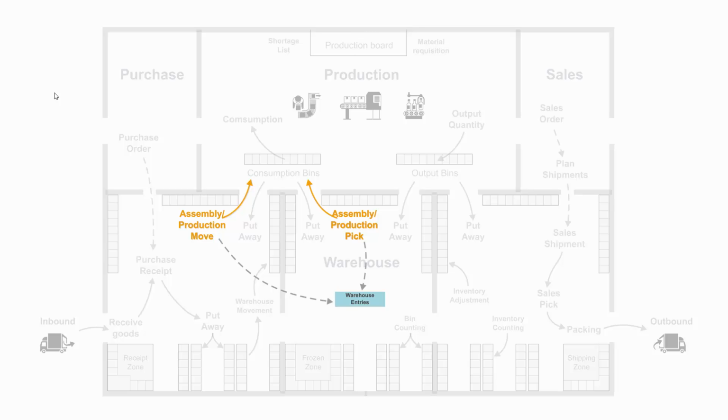Next thing would be that the production people will consume the item for either the production or assembly order. When they actually use the item, that could be done several times, and each time it creates an item ledger entry with the consumption quantities.